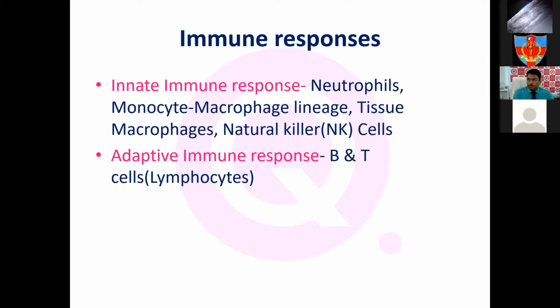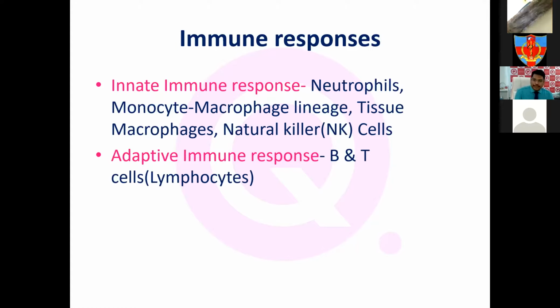So, coming back to the immune response and why such immune weakness is happening in COVID-19, thereby predisposing to a whole lot of opportunistic infections. We're just seeing only fungus; it may be something else that comes up tomorrow. Immune responses are basically divided into the innate immune response, contributed by cells like neutrophils, the monocyte-macrophage lineage, and tissue macrophages, the Kupffer cells and all that, the histiocytic macrophage activation system cells that contribute to innate immunity. The other arm of the immune response is the adaptive response.